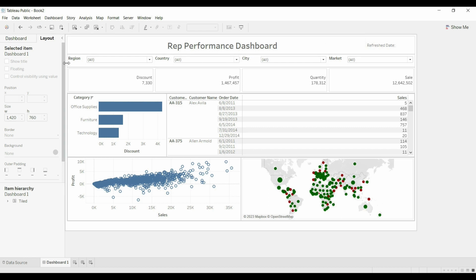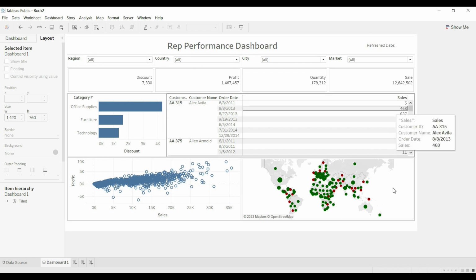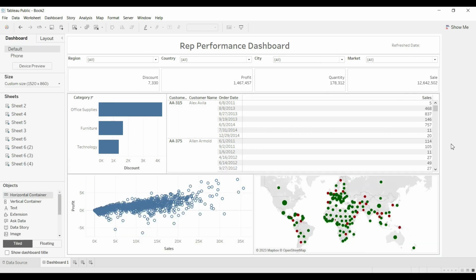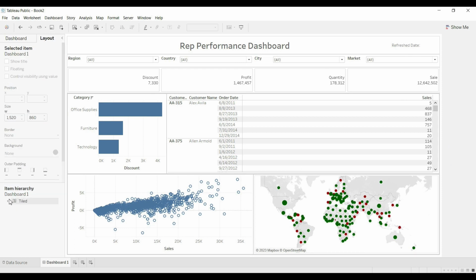It can either be like this, or it can also be on the right hand side of the dashboard. It depends on the design. Then we will have top KPIs, and KPIs are generally placed in this section. And then we have a bottom section where we will place all the charts. It is very much recommended that we go with this particular layout.